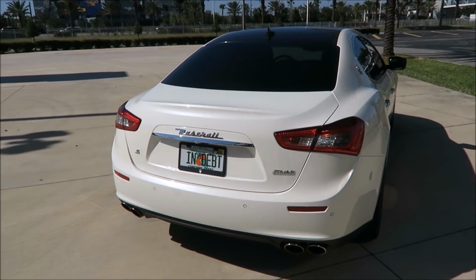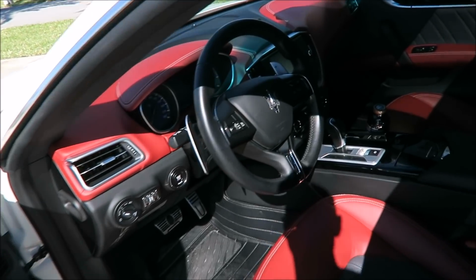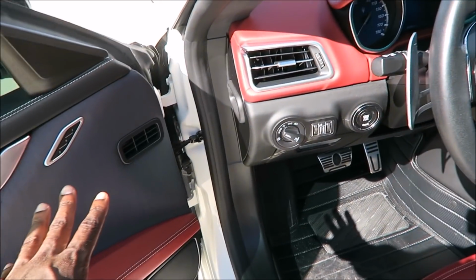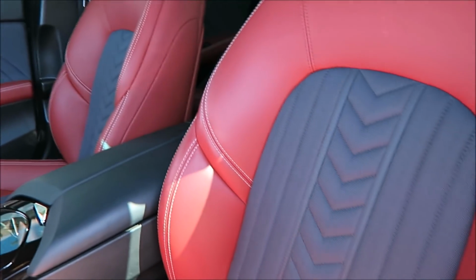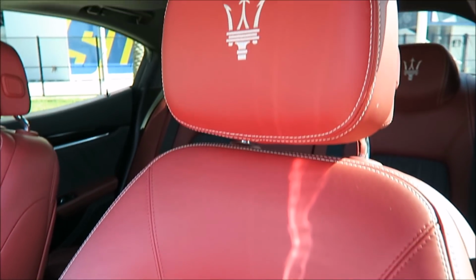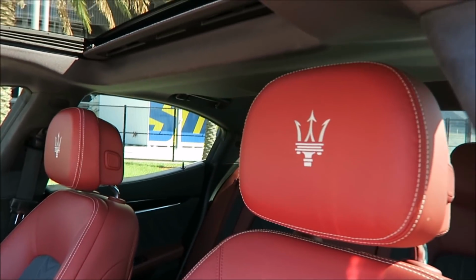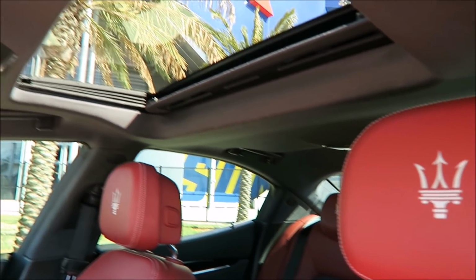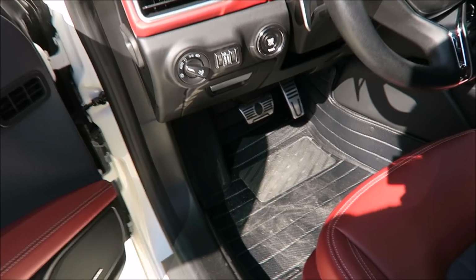I don't know. Stepping inside of my Ghibli S, I do have the Ermenegildo Zegna package, which includes the silk with the leather, black piano wood, silk inserts in the seats, the doors, and the headliner, Alcantara pillars, and you do have the sunroof here as well, paddle shifters, sport pedals, and also I have my custom floor